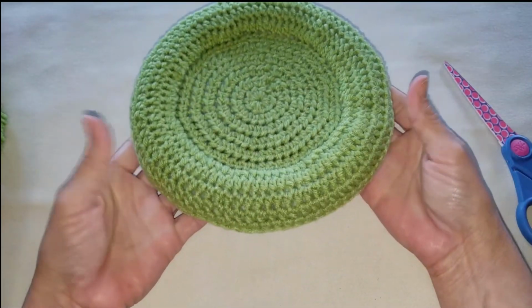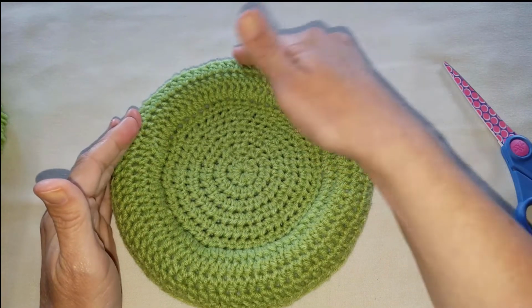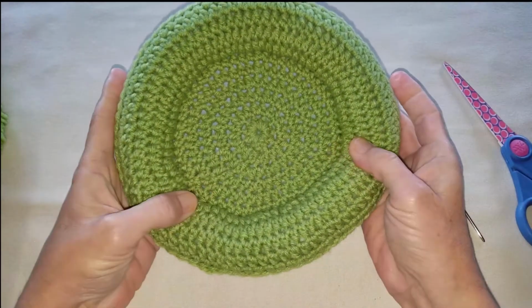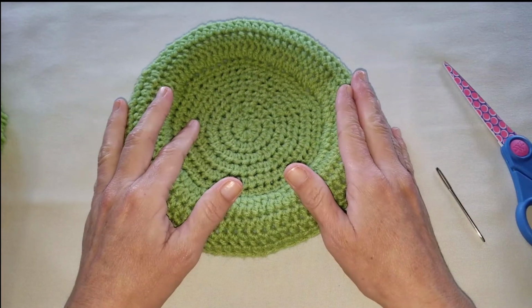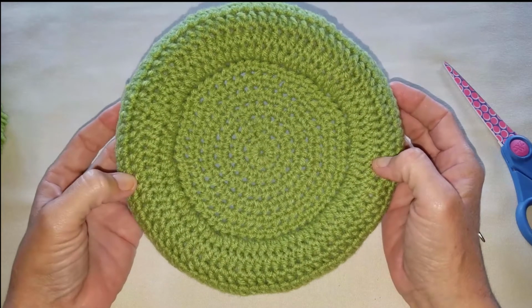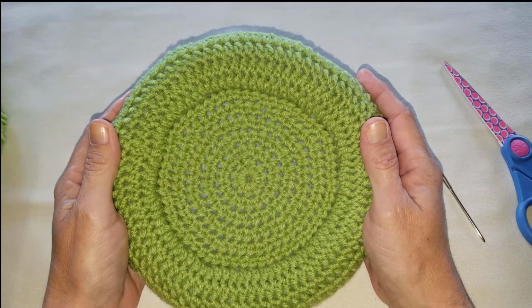I mean, you know, that's not easy to do. But you want to make sure you're stuffing it as you go so that you don't get it all lumpy in one area and bumpy in another. But that's it. It's almost like a tube floating in the water. So if you use certain kinds of material, it'll be a lot easier as far as the chewing and all the slobbery, mouthy